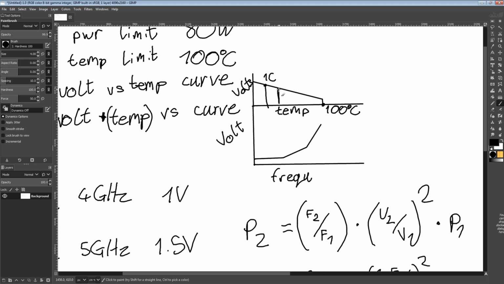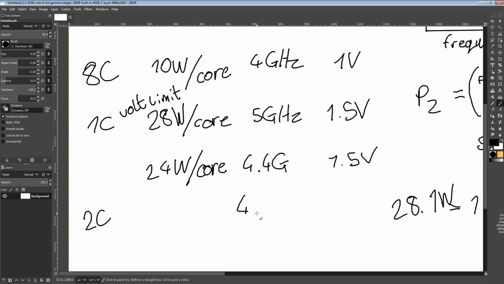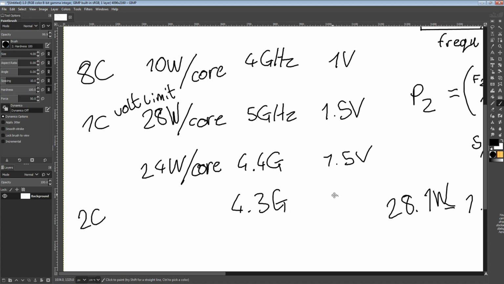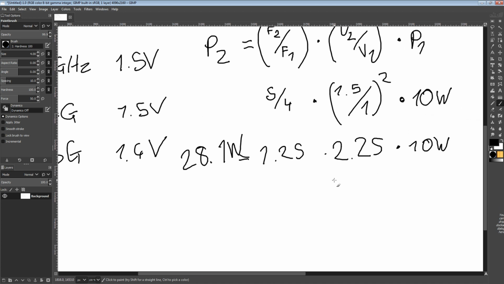Now, if we hit 2C, we're going to hit 2 cores. You're going to end up maybe like here. So 2 cores is going to have slightly lower voltage, so we're going to have to come down the frequency curve a bit, and we're going to end up at, say, 1.43 gigahertz at like 1.4 volts, right? Still very hot, because 1.4 times 1.4 is going to be 1.96,